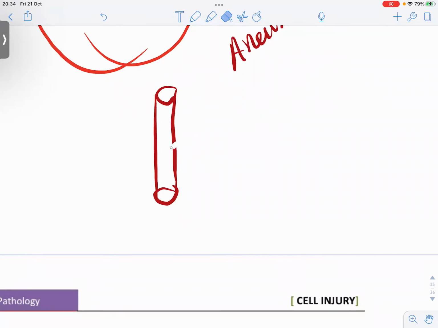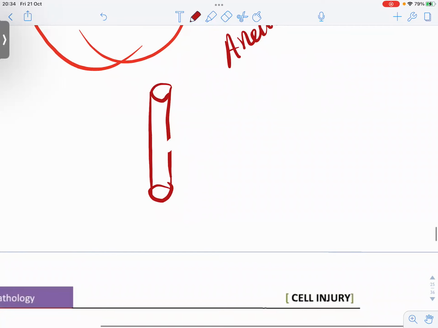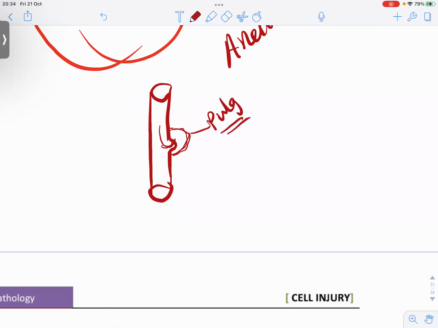So due to any effect, for example hypertension, the wall of the blood vessel will start to be very weak, and after that the blood will start to accumulate here, and then some bulge will form, and this bulge